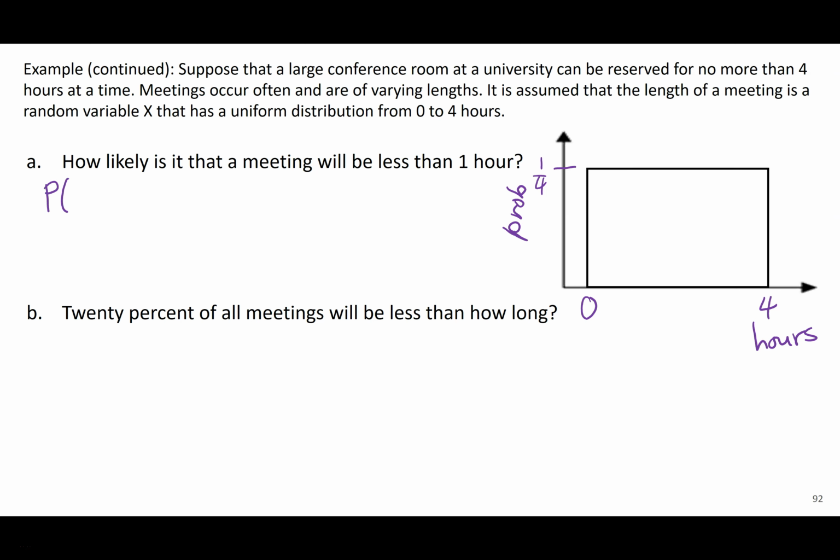So probability that x is less than 1 hour. So I'm just going to rewrite this for a second. So it's the same as x being between 0 and 1, right? Because anything under 0 has 0 probability. So if I have 1 hour here, and I'm looking here,